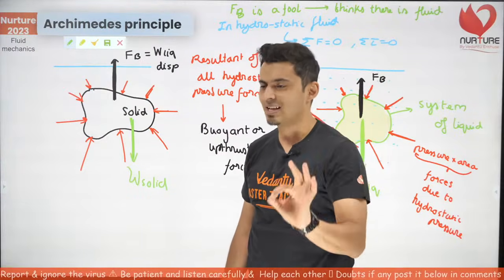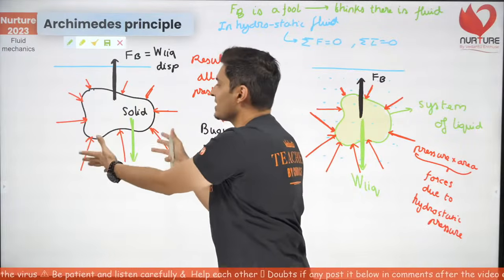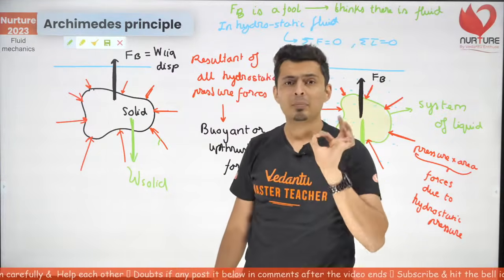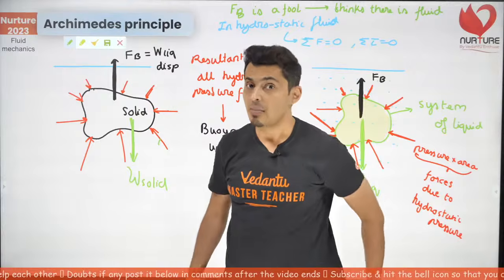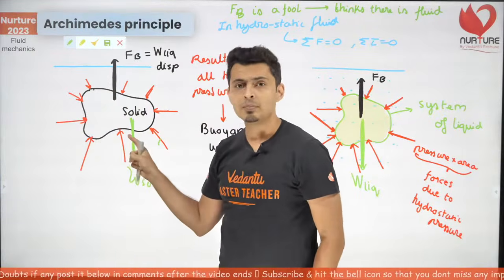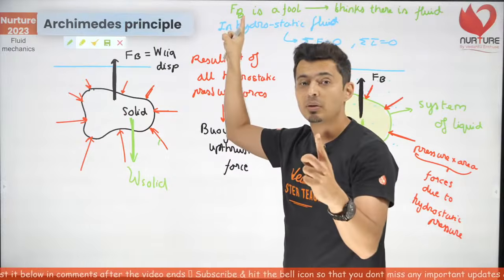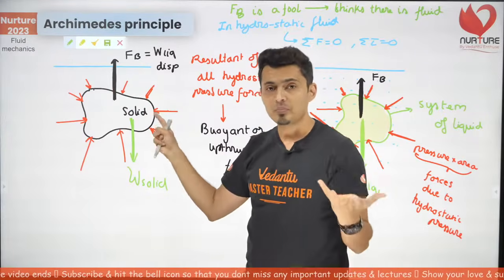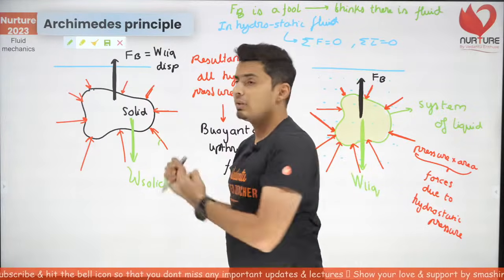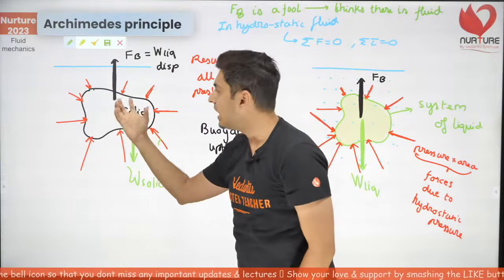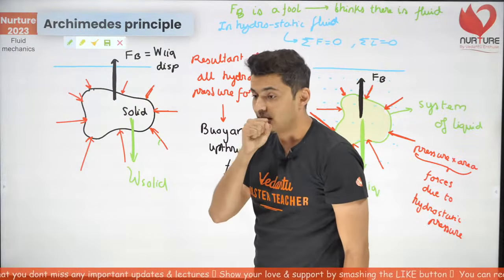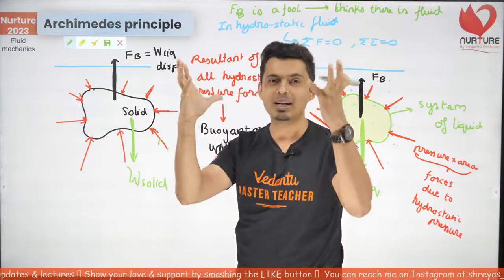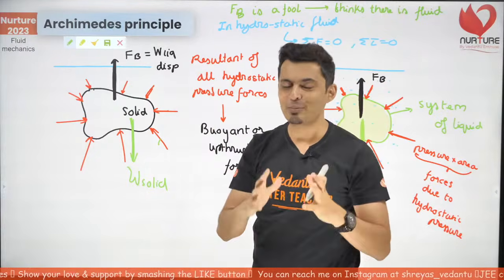It will sink. That's how you should understand, because all these forces are still the same. It still thinks there is liquid inside. Imagine if there is a lighter solid inside, what does water know? Water is always a fool. It thinks there is liquid inside, so it will apply enough force to balance the weight of the liquid. But you have placed a lighter solid over here. That means the buoyant force will be more than the weight, and hence the solid will come up. Is it making sense?